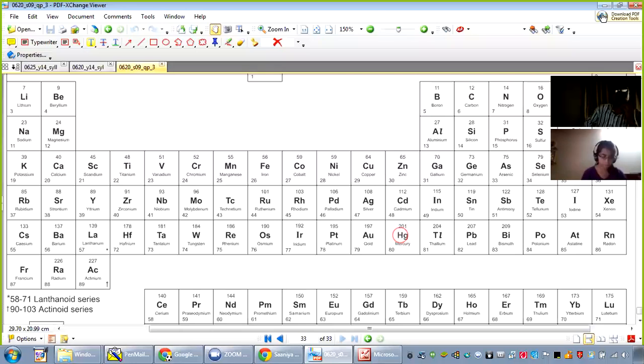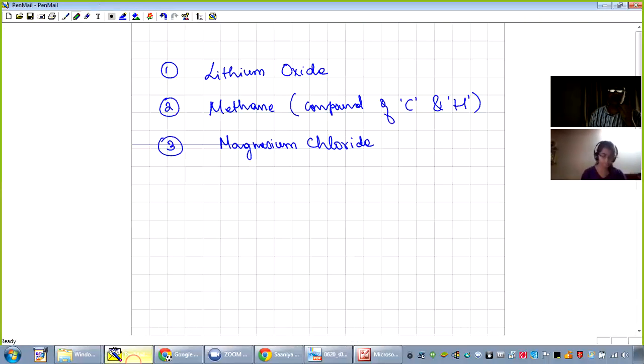What is the atomic number of lithium? 7. No, that's the atomic mass number. Right. So the first thing that you are getting about lithium,